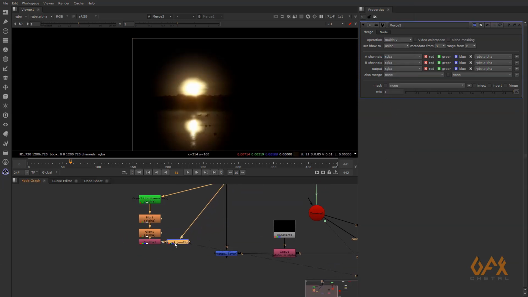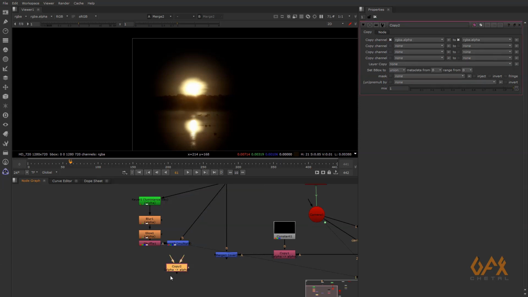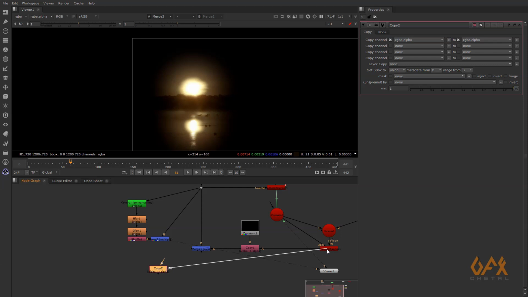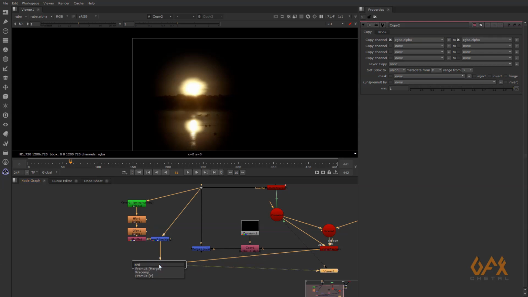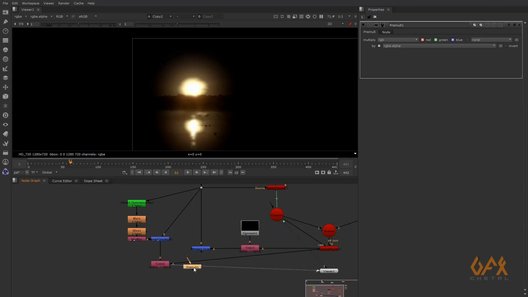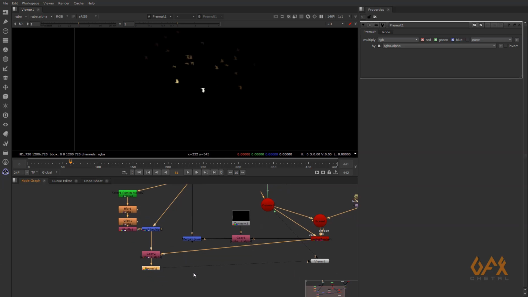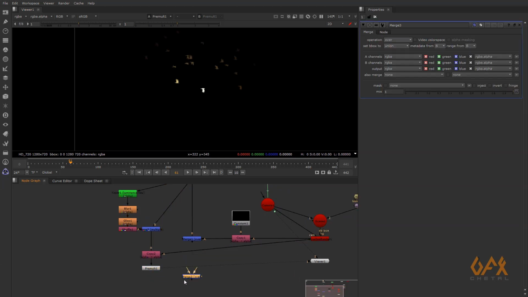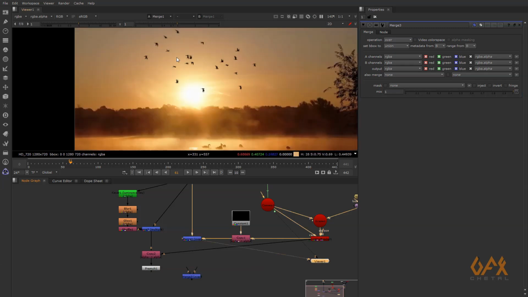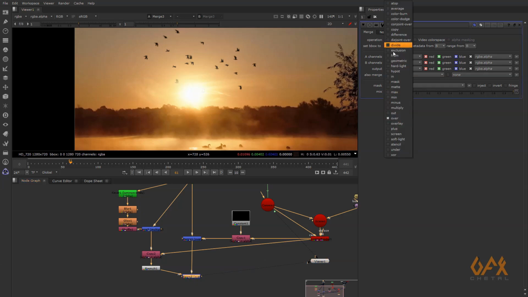Now what you need to do, I create one more copy node, I just call this ScanlineRender as alpha, this as background. Now you just premultiply this thing. So it looks like this. Now what you need to do, create one more merge node. Now this plate on which you just composite this bird in black, you just set as background, this as foreground, and just apply the plus blending mode.